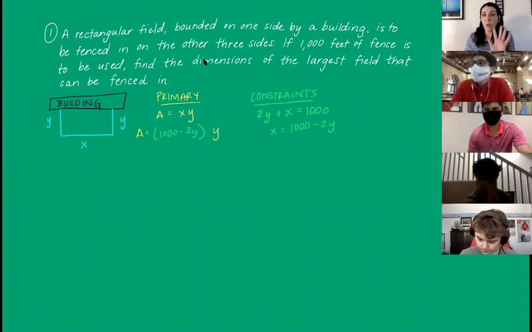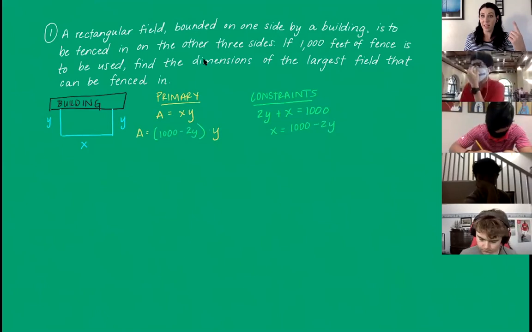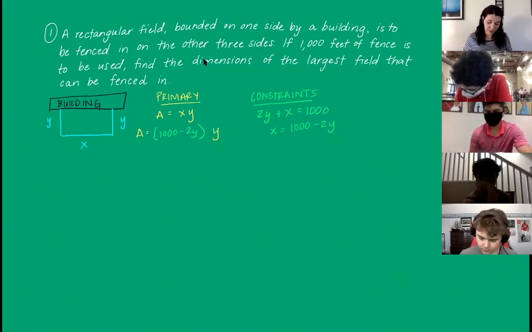Okay, now I still don't want to take the derivative yet because as it's written, I would need to use product rule in order to take the derivative. I've gotten rid of a variable, so that's a lot easier because now I could just take a derivative with respect to y instead of taking it with respect to different variables. But it's helpful to simplify this before you take a derivative. So we're going to simplify my primary equation by distributing that y. So we get 1,000y